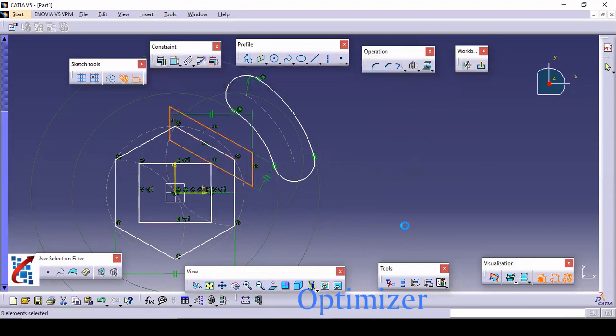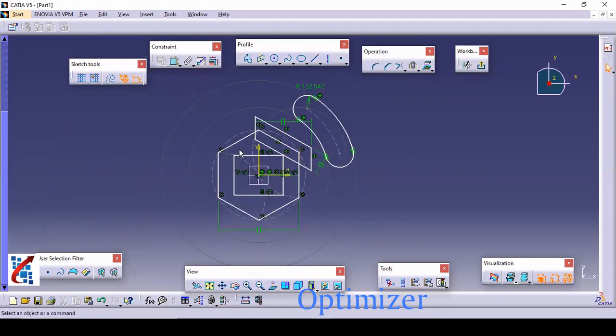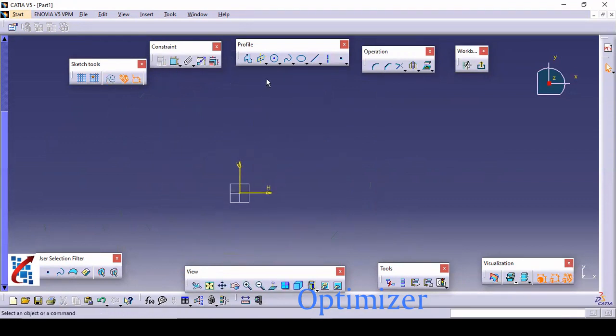Just see these two vertical sides are parallel to this side, and the inclined two sides are parallel to this side. Okay, so it takes the intersection of both the lines as the center. Okay, so this is centered parallelogram. Okay, so there are many commands in this, so you can practice them.